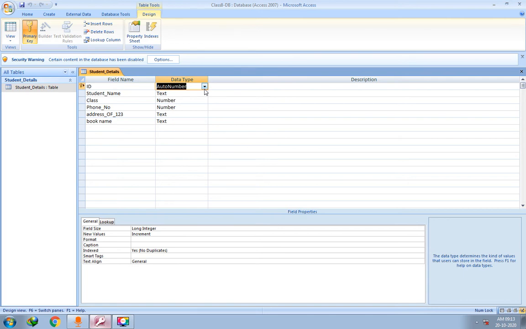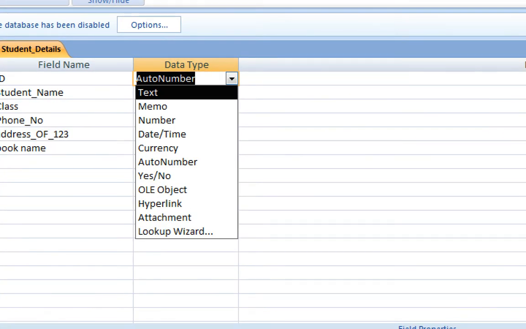First data type is text. I hope you can see the screen. So what is the text data type? It is used to store alphanumeric data. Alphanumeric means text as well as numbers. You can store numbers and you can also write letters in this field. The default size of text type is 50 characters, up to a maximum of 255 characters. So when this data type is selected, you can insert up to 255 characters, numbers or letters, right?